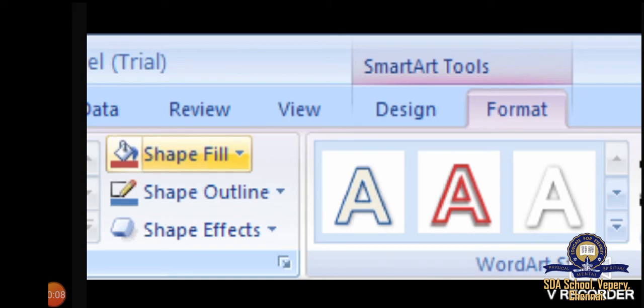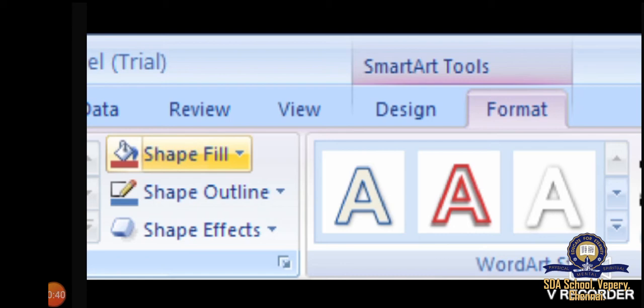How to apply different styles to the smart art. The user can apply different styles by selecting the smart art, then clicking on the Format tab and selecting the predefined styles viewed as thumbnails in the shape styles group. First we have three subunits in this: shape fill, shape outline and shape effects.